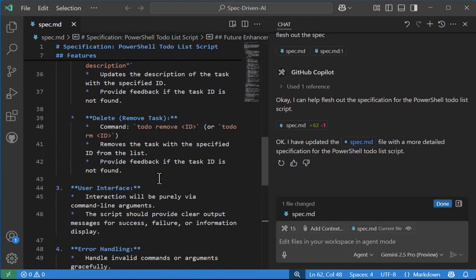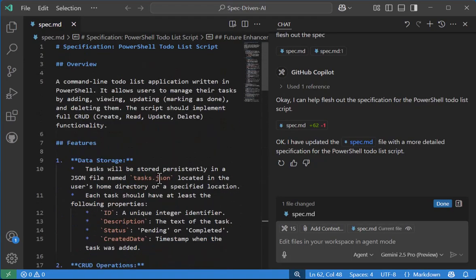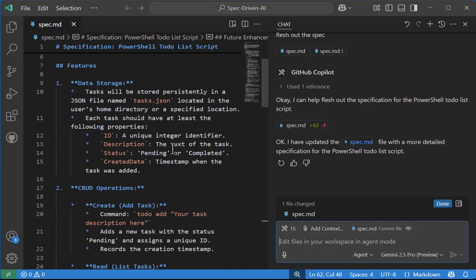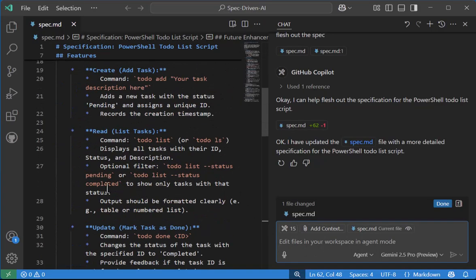Now, I can do a bunch of things from here. I can edit the spec, right? And then I can say, check out my edits. I can ask the AI to go deeper on a particular feature, or I can say, go deeper on the whole thing. Or what I'll do next is I'll say, implement